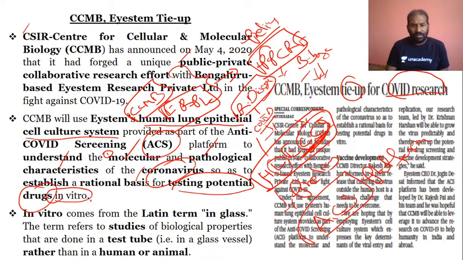So what do you mean by in vitro? Again, this is important from the prelims point of view for better understanding. In vitro is a word from Latin. In vitro means in glass. Please do understand this. In vitro means in glass, because the entire biological study takes place in a test tube, which is a glass vessel. That is why it is in vitro. Vitro is a Latin term meaning glass. So the biological studies of the properties of the particular virus go ahead in the test tube rather than in a human or animal. That is why it is called in vitro.